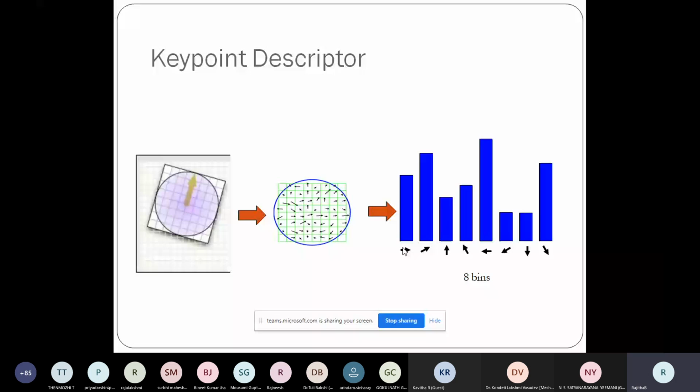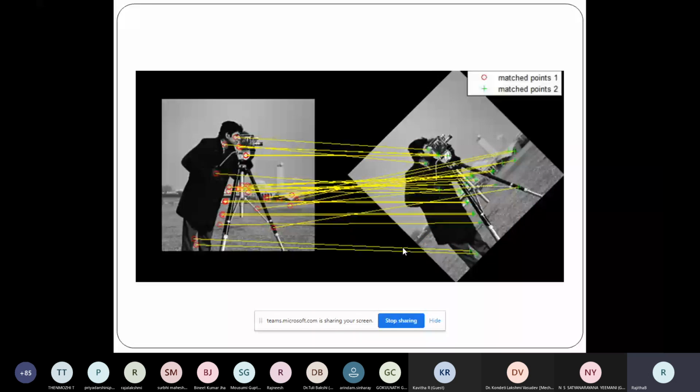Now if I have that information for every point, suppose I have a point here and have all 128 features of its orientations. Suppose this image belongs to my training data set, and this other image is in my test data set.